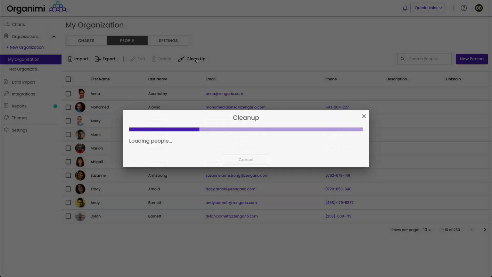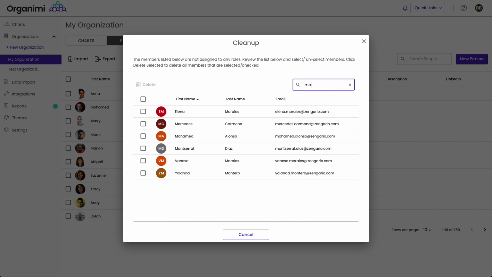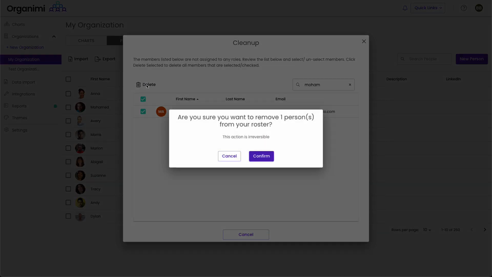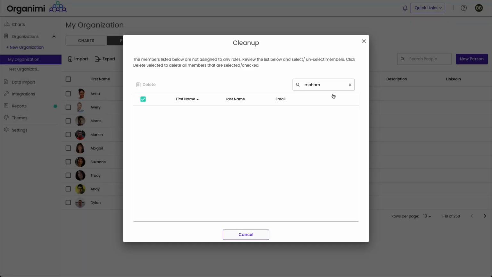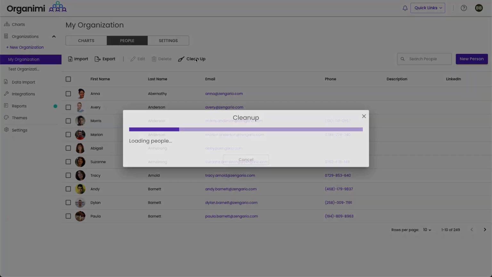We click the button here labeled Cleanup, and this will tell us all the members listed below who are not in any of our charts. So just to show this, we can search for Mohammed, and we see that Mohammed Alonso is one of the unused people found by the cleanup tool. We can just delete Mohammed, and when we close this, we will notice that we only have 249 people in our organization. Since we need to get down to 150, we can go back to our cleanup tool again,